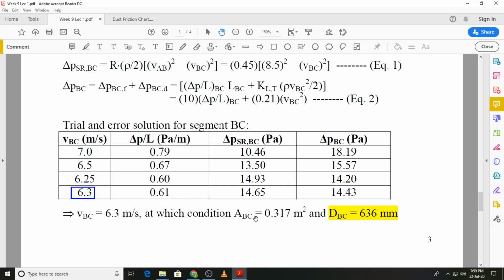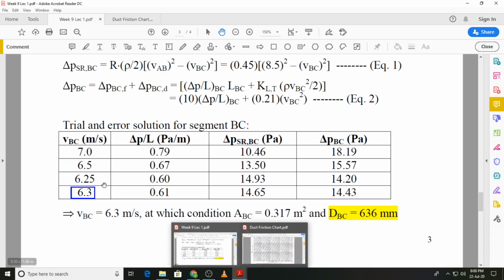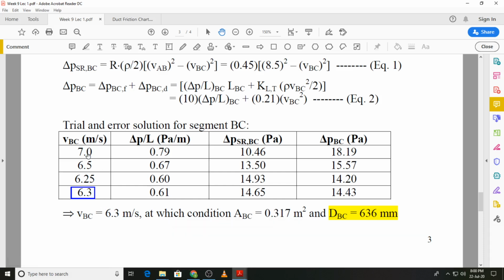Again, divide the volume flow rate by the velocity and then convert this into the corresponding diameter of that segment, that is segment BC, and you get a duct diameter of 636 mm. I will show you these values that we have. We started with a guess of 7 meters, then we went to 6.5 meters, 6.25 and 6.3, and for each we had to find out delta P by L from the friction chart. The volume flow rate remains unchanged, that was 2000 liters per second,